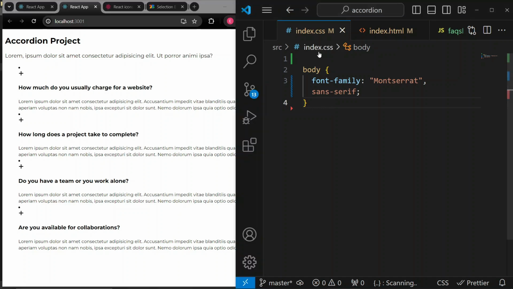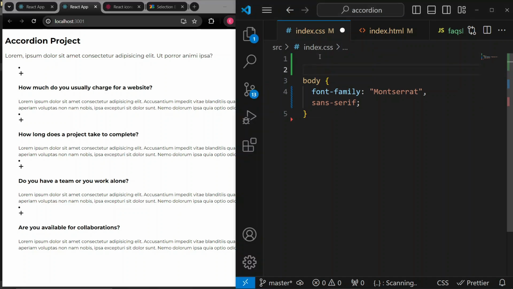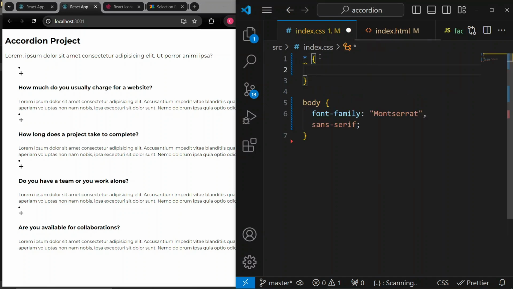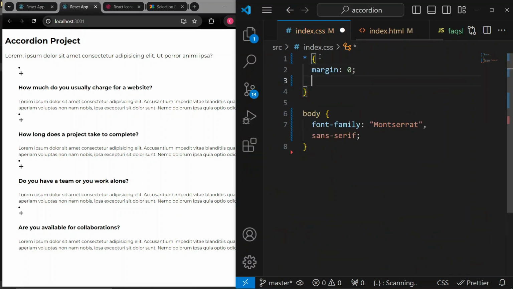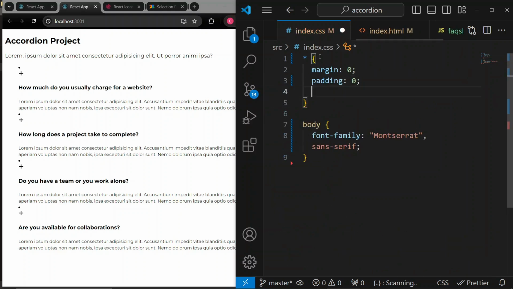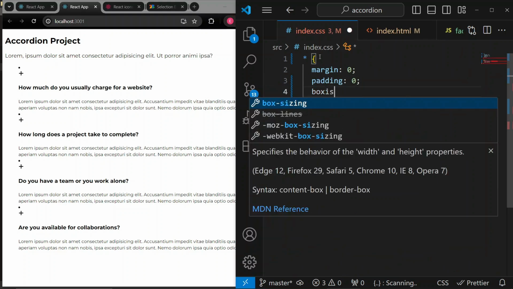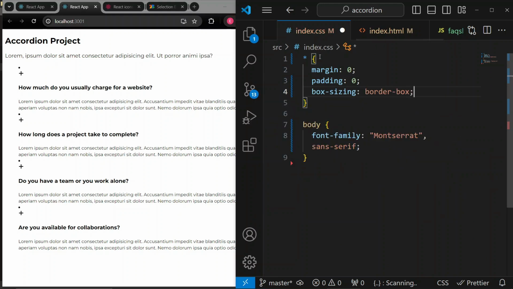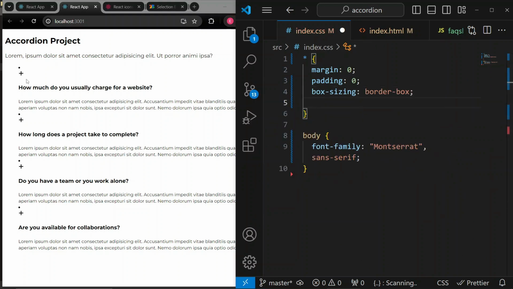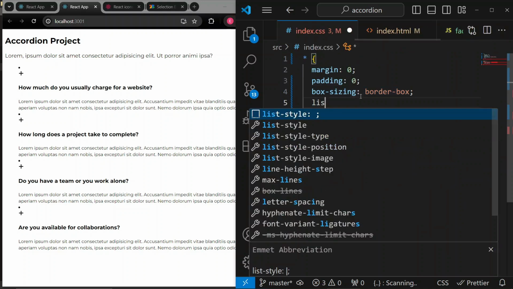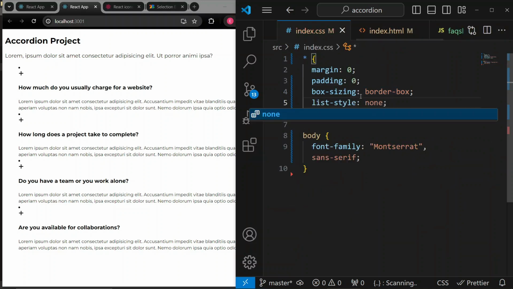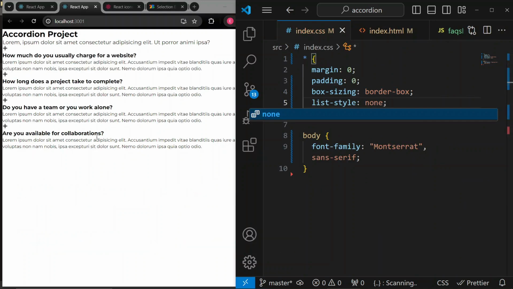Perfect. All right, so let me target every element on the page and zero some things out. Okay, so the margin of every element should be zeroed out, same as the padding. The box sizing is going to be border-box, and we have some bullets for the list items, so list-style is going to be none, and I think that's it. Okay, that should be perfect. Now let's proceed and